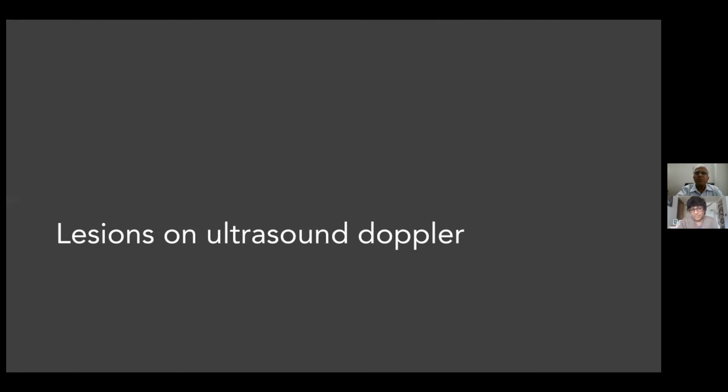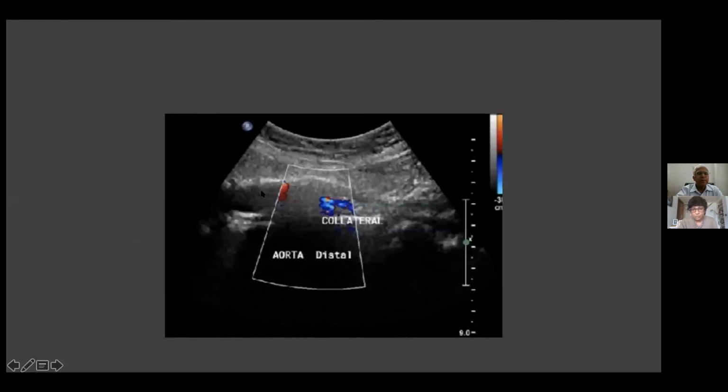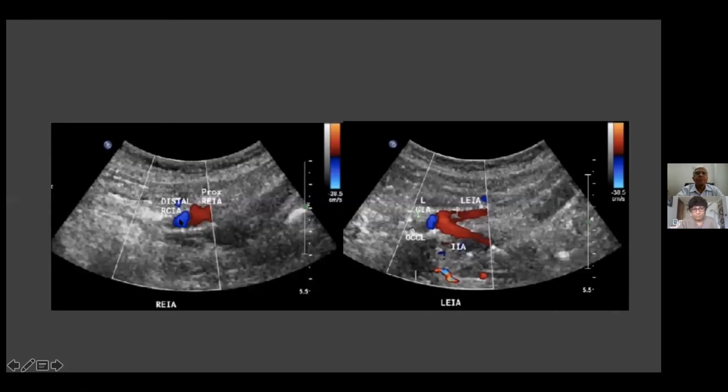on ultrasound Doppler. This is the aortoiliac segment. This is a blocked, occluded infrarenal aorta, and you can see the thumping, monophasic pattern seen just proximal to the blocked aorta. This is the occluded aortic segment, and you can see a stout collateral taking off from the occluded aorta. And this is the reformation on the right side, the common iliac artery, which is giving off the external iliac artery. This is on the left side, the reformed common iliac, which is giving the external and